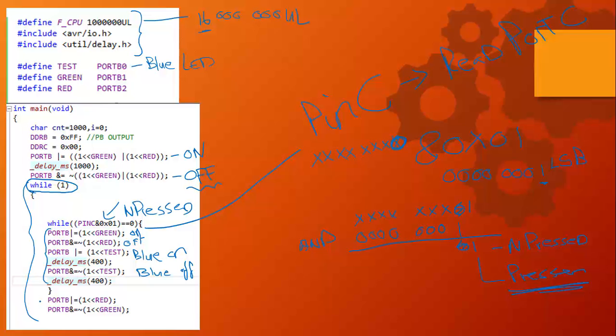So then it will jump to this portion of the code where it turns the red LED on and the green LED is turned off. The blue LED, you can also explicitly turn it off at this point, but I haven't explicitly expressed that in code. So here you can see this is what happens when the button is pressed,